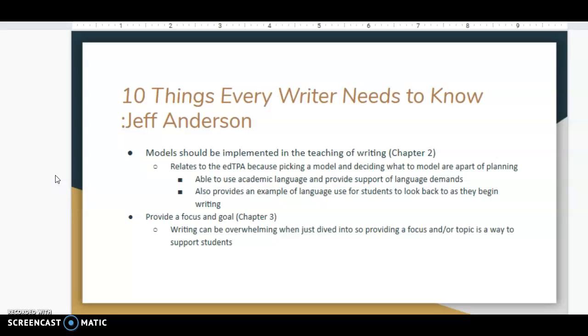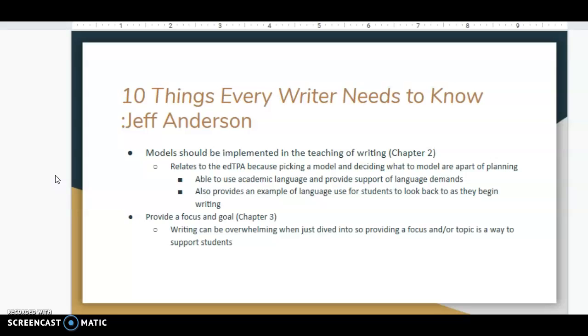And then it also helps because you're able to use academic language and provide support for language demands. So using the vocabulary in the model that you want them to incorporate into their writing to demonstrate that they are grasping this vocabulary, and also making sure that we're hitting those corrections and using those words in the